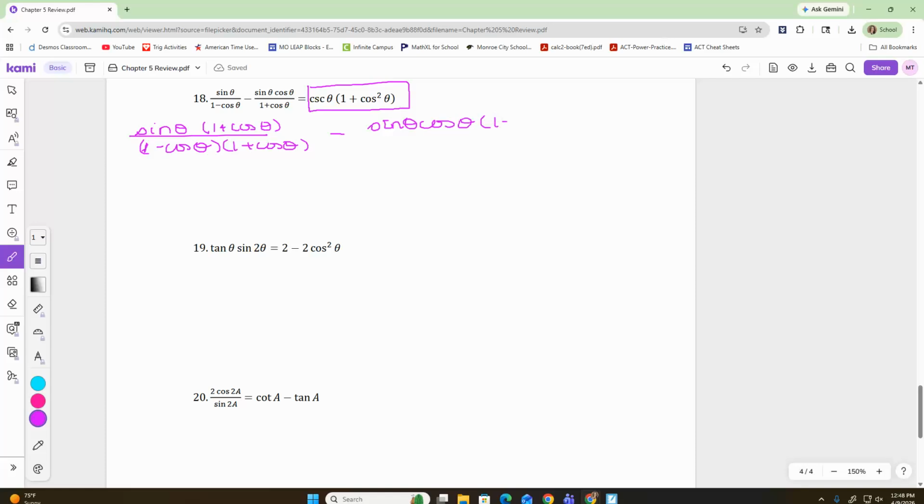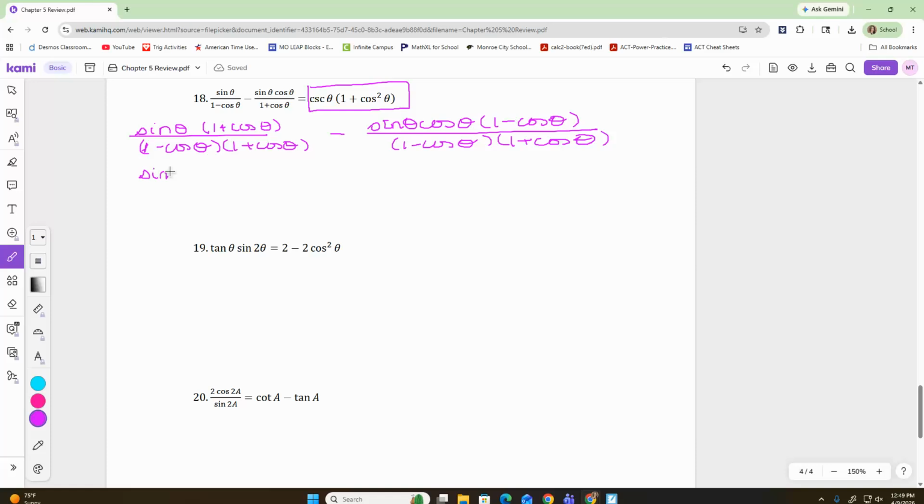This one by 1 minus cosine theta. So hopefully you're kind of seeing some things. You'll have some problems where you have to use the sum and difference formulas in your proofs. Probably have something with getting a common denominator because we've done that several times. So if I multiply this out,